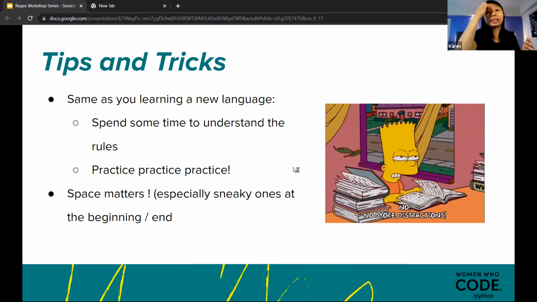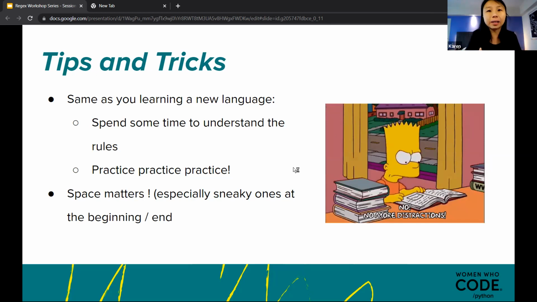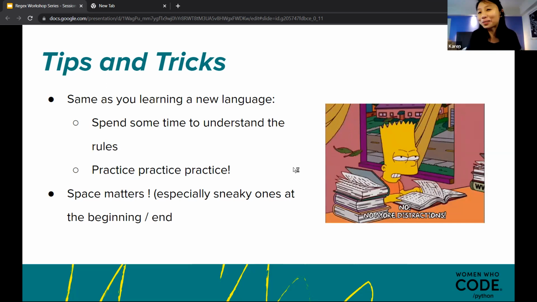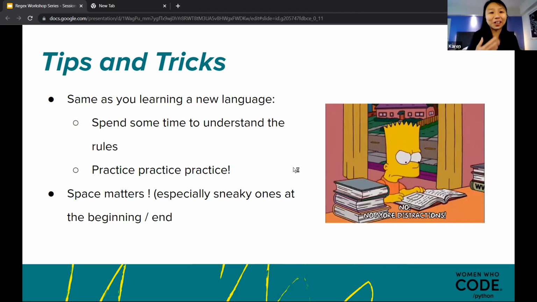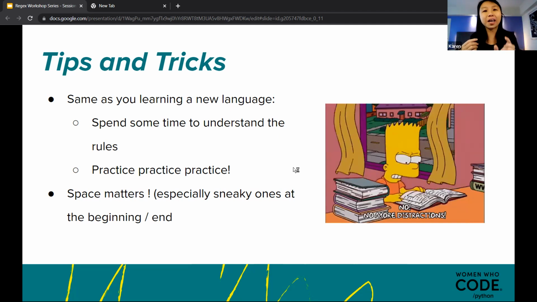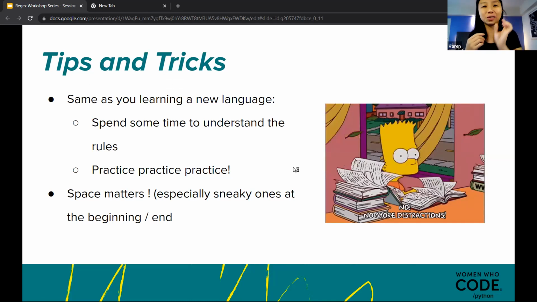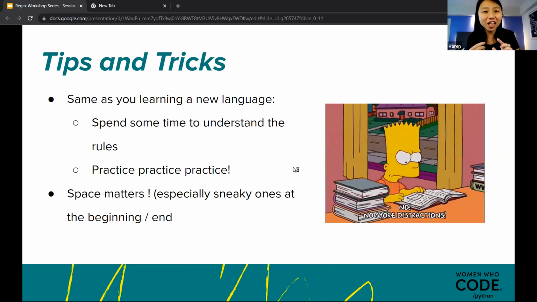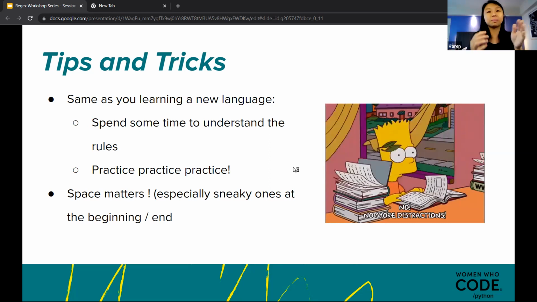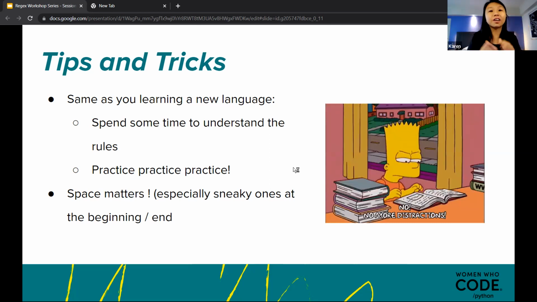Why? So it's a good way to practice. It's a way that we don't find as discouraging, because of math, to practice what's going on. Another tip and trick: space is always the trickier thing that you don't see but it shows. So keep in mind, when you put in a space, it's very sticky.